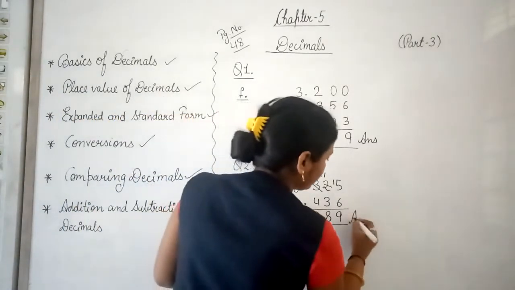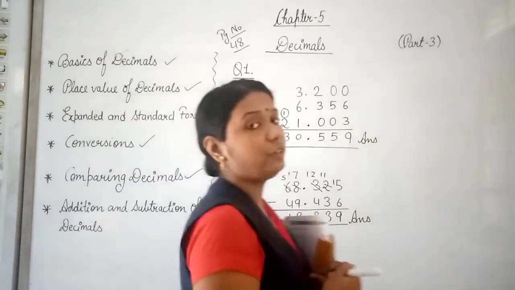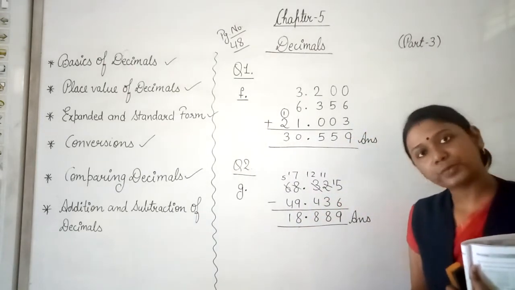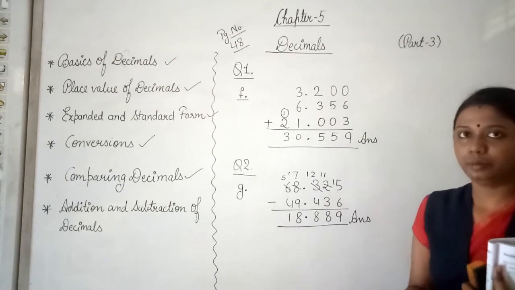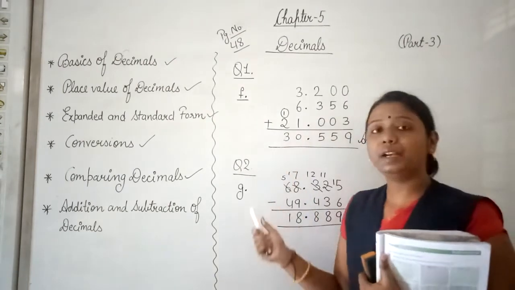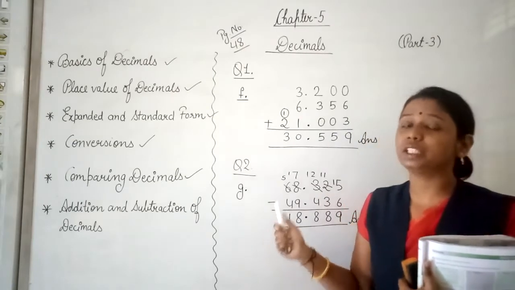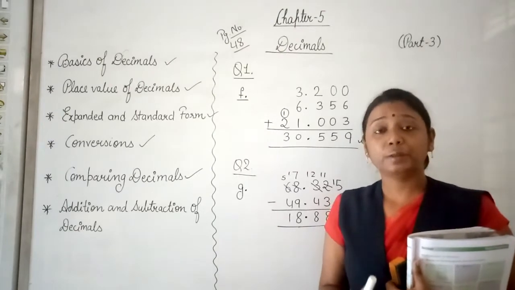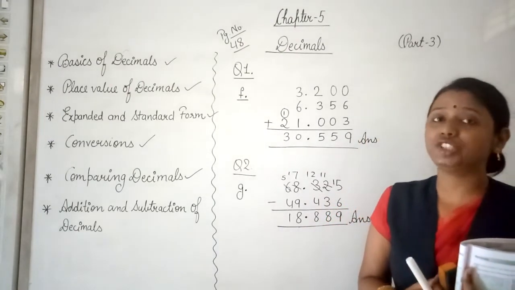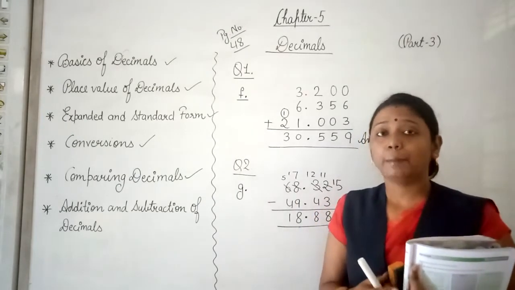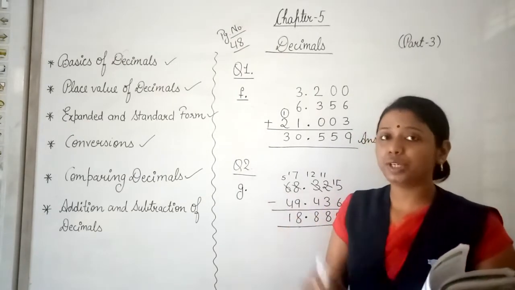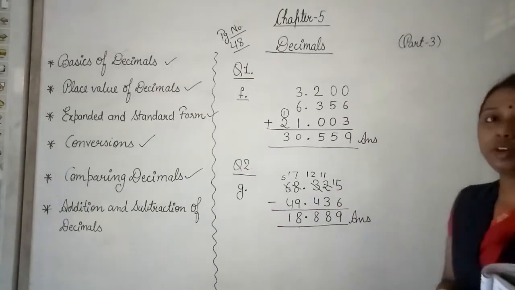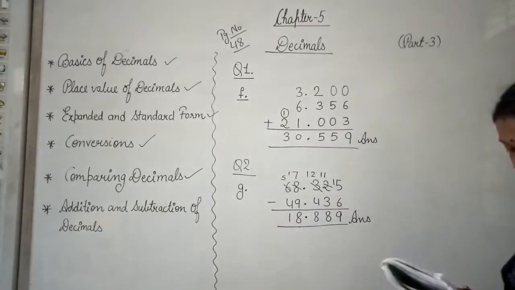Have you seen? The subtraction process is the same. We only have to take care of the decimal point. Otherwise the subtraction process is the same as we do with counting numbers. Also in question number 1 and question number 2 you won't face a problem because in both questions the numbers are already given in arranged form. But the problem occurs when we have to arrange the decimal numbers. After I tell you the trick of arranging the numbers, you won't commit any mistake. So let us see what that trick is. Here, question number 3.